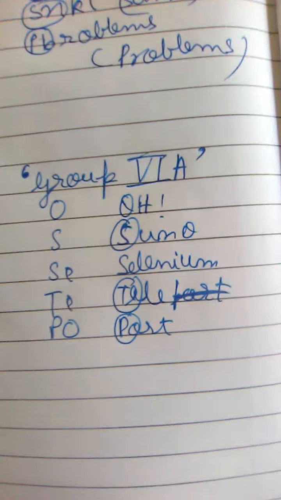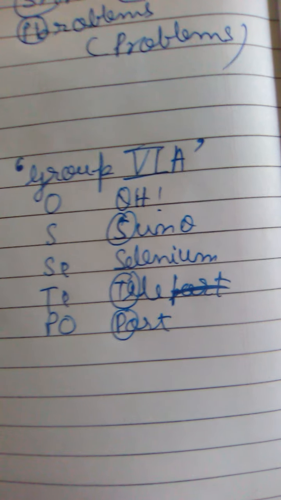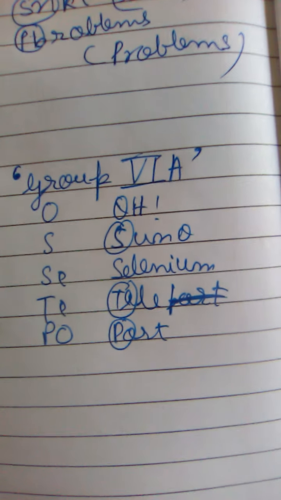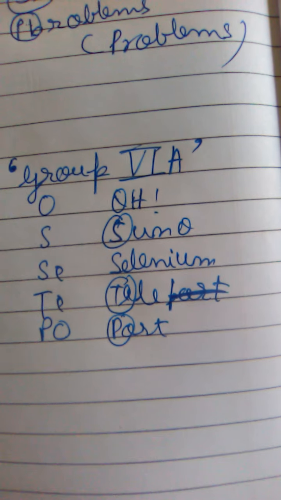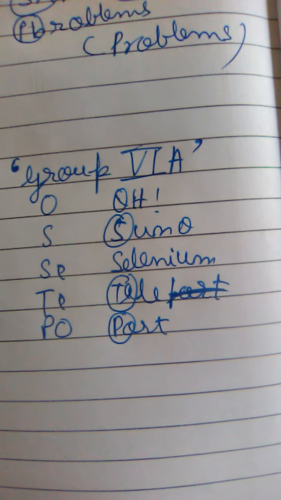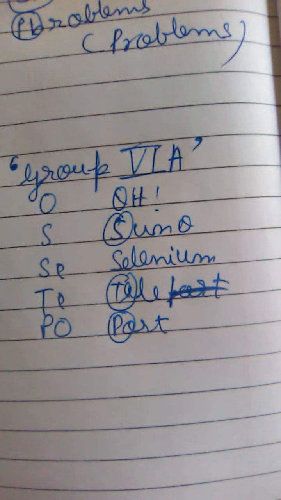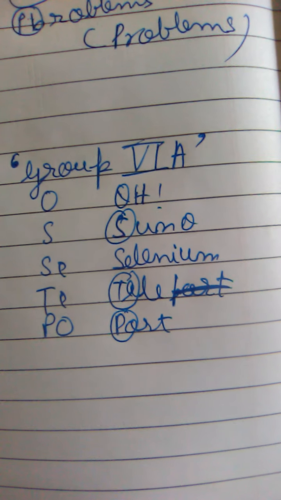The last one is group 6A, and that is oxygen, sulfur, selenium, tellurium. The mnemonic is: oxygen is telling selenium to teleport. Teleport, you know very well, means to move from one place to another without actually walking. We're not walking, but we are going from one position to another. You might have heard that word, most of us. So O is oxygen there, S sulfur, selenium